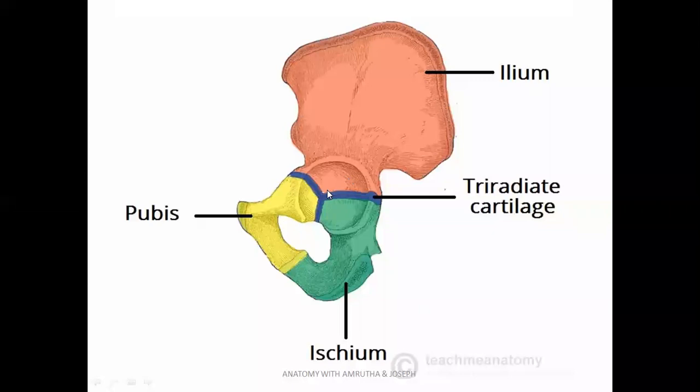Acetabulum is a hollow cavity where the head of the femur articulates. So you can see here a cartilage that's called the triradiate cartilage, and that is an area where these three parts of the bone join. So initially these bones were separate, and they later join at the acetabulum. So this is what you should know primarily about the hip bone. And the hip bone is an example of an irregular bone, right? It is also called the innominate bone, the hip bone.